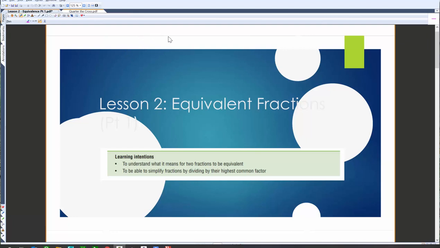Equivalent means the same. So this is an example of equivalent: 2 equals 2. These are also equivalent: 2 equals 2 plus 2, take 2. But equivalent fractions are things like if you played half a game of netball, that's the same as playing 2